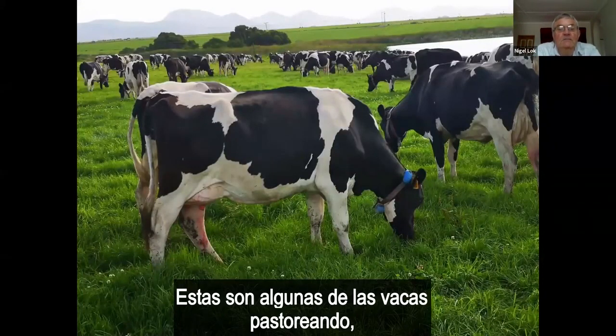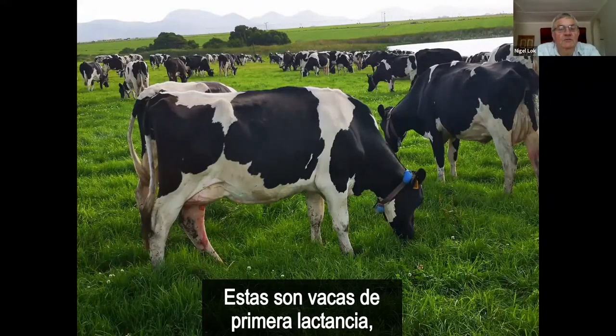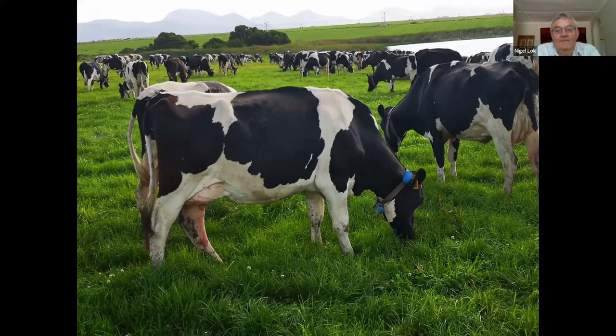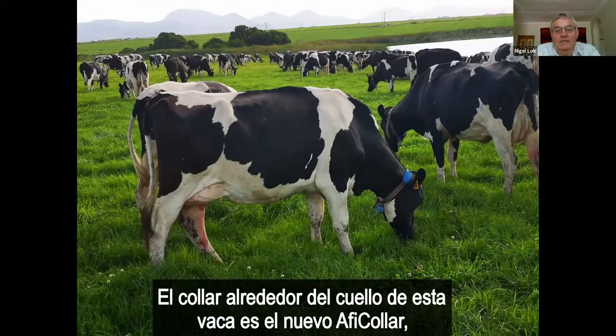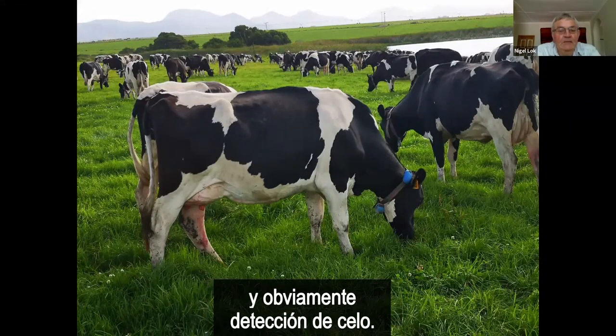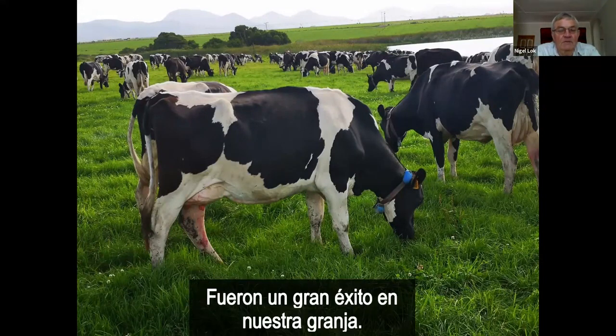So these are some of the cows on pasture, one of the herds. This is the first lactation herd. We always show them because they've got the nicest udders. The collar around that cow's neck is the new Afi collar, which is measuring rumination, chewing time, and then obviously a heat indicator on the cow. And they have been a big boon